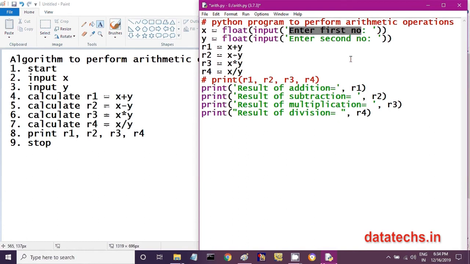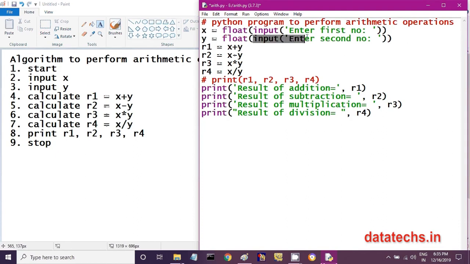That 10.5, 4 characters will be received by input function as a string. Those 4 characters are converted into floating point number, that means into a number by float function, and that number is returned into x.